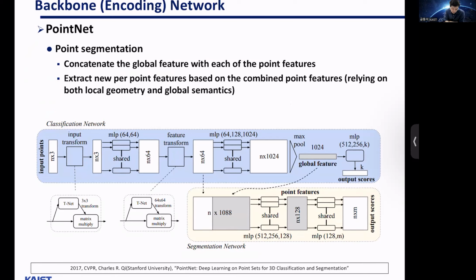And point segmentation, for point segmentation, it uses